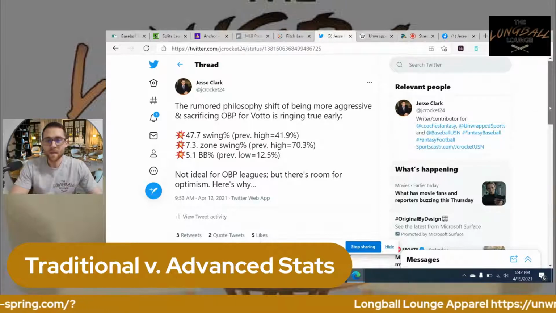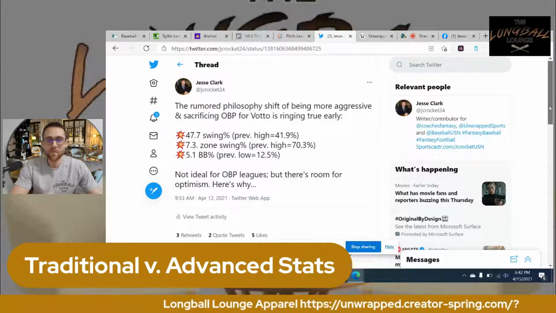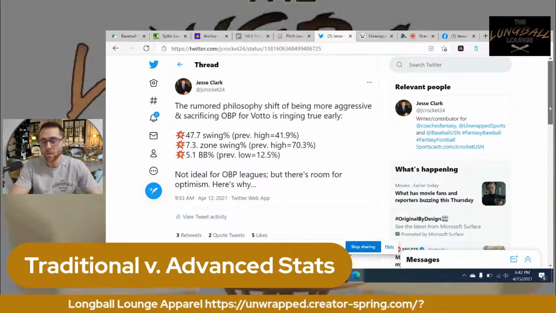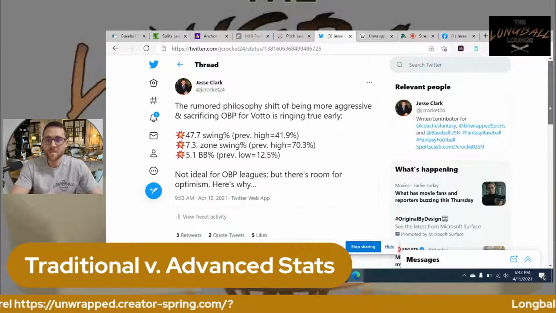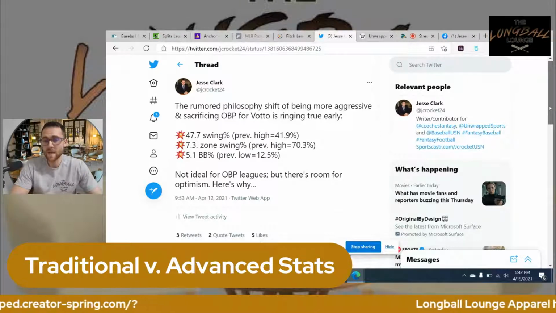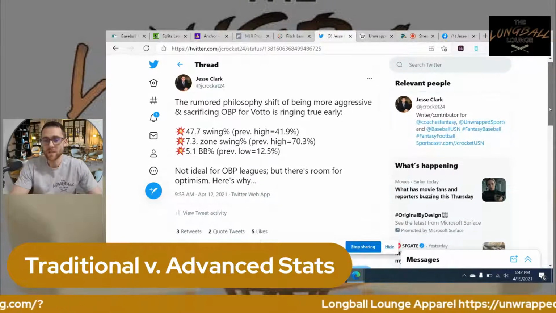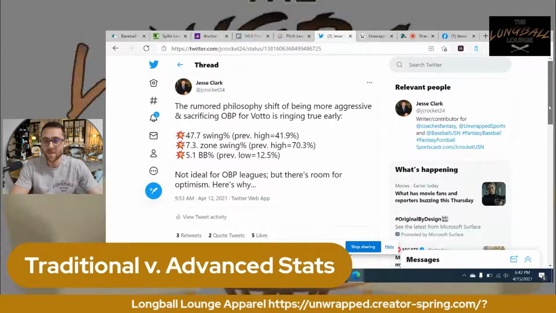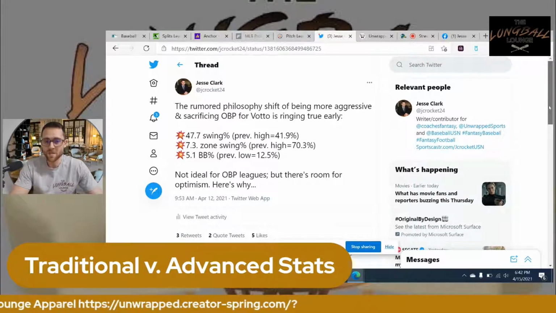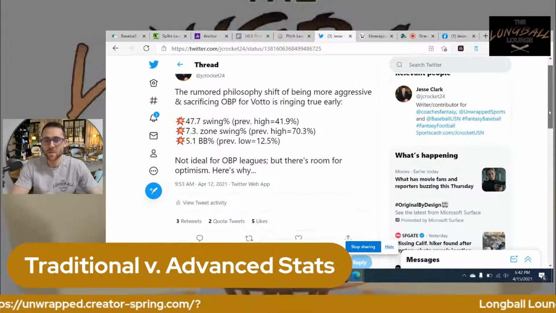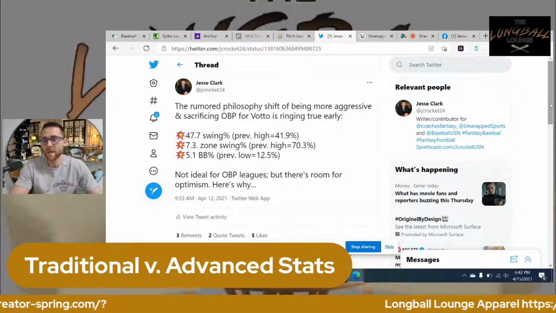What I said, I'll read it verbatim. The rumored philosophy shift of being more aggressive and sacrificing OBP, on-base percentage, for Votto is ringing true early. Some of the indicators, and by that I mean if you're a Reds fan and you've listened to the broadcast, you have known that they have emphasized it. Votto told all the reporters in the offseason that he made a real emphasis on perhaps making a monumental change